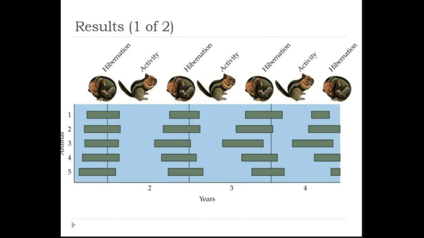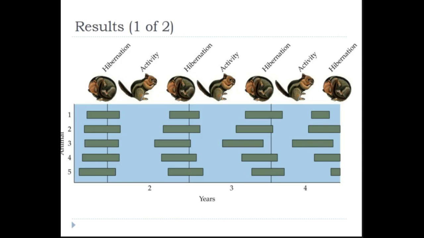And then here on the x-axis is years, and the bar indicates when they're hibernating. And I think in this case what they did is that they have these animals, instead of observing them in the field, they're observing them in a laboratory where, again, they've removed any kind of environmental cue. And lo and behold, despite the removal of all environmental cues, they keep cycling. Every year they go through a hibernation state.